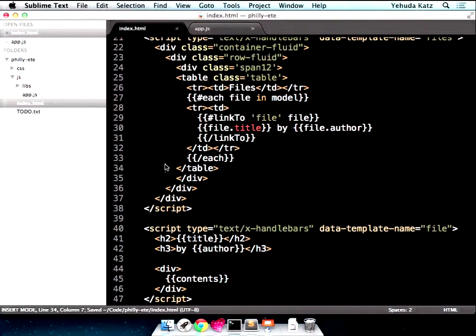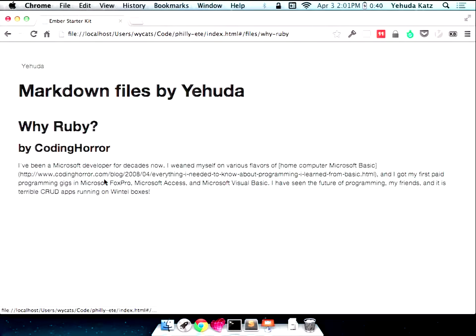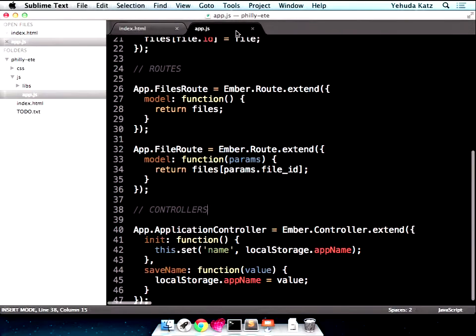Okay, so now we have links there, but there's actually another problem. So let me go to this YRuby. We can see that there's something that is markdown. It looks like markdown, but obviously I'm rendering it not as markdown. I'm rendering it as just HTML, which is not correct. So the next thing that we're going to do is we're going to use the showdown library to convert that